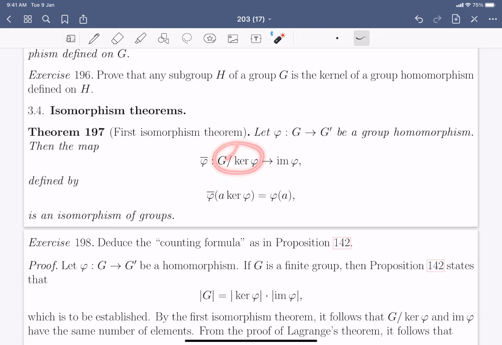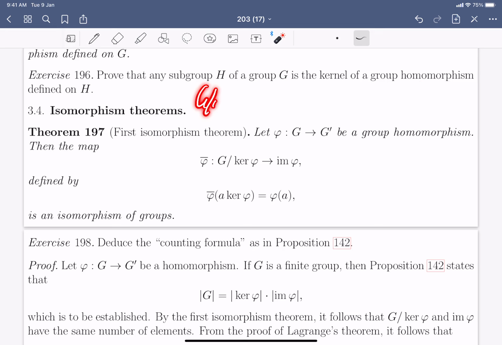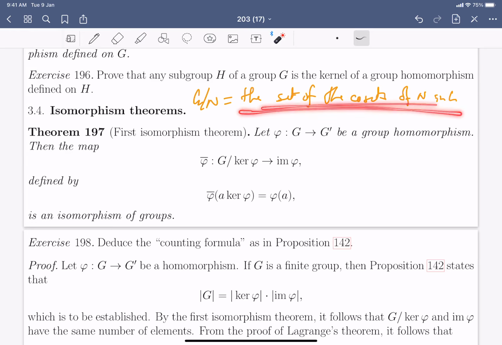So let's recall what is G modulo kernel of phi. But before that, let's recall what is G mod n. So G mod n is a set of the cosets of n in G. Now you may say that I have been saying G mod n is a group, and now I'm saying that this is a set. Well, indeed there is a discrepancy. Maybe I should write that this is the set of the cosets of n in G,